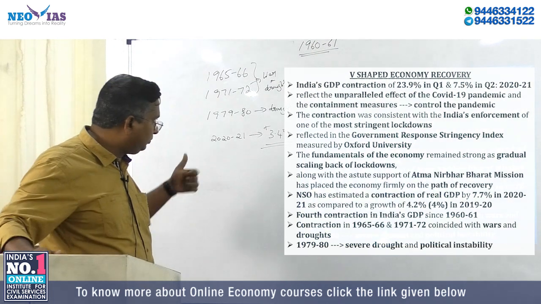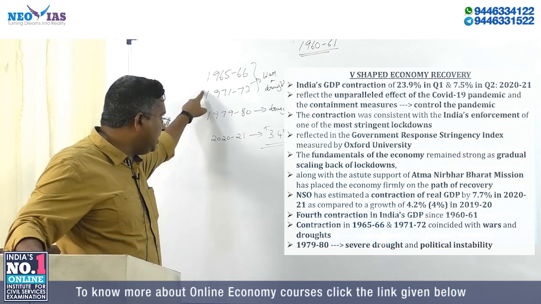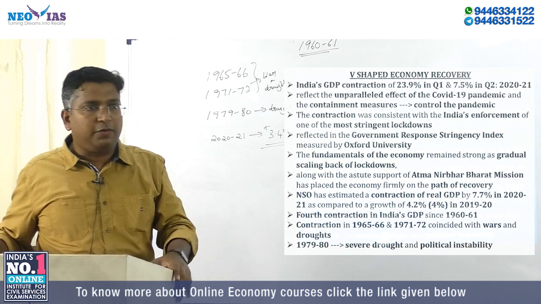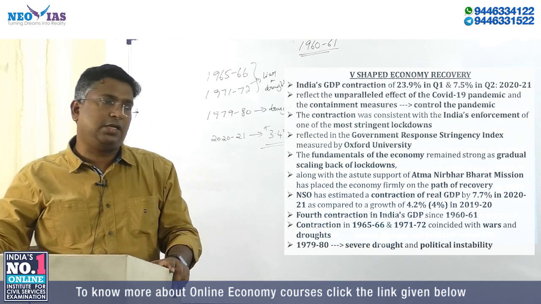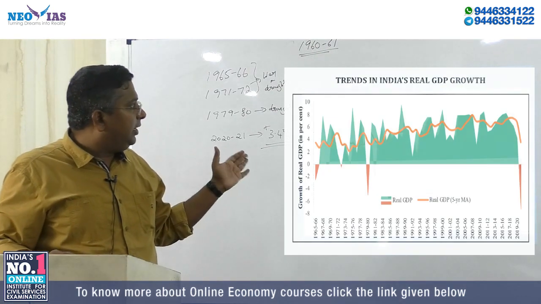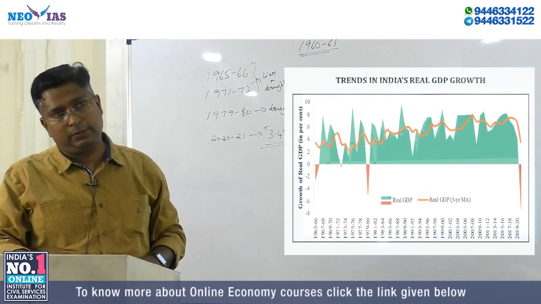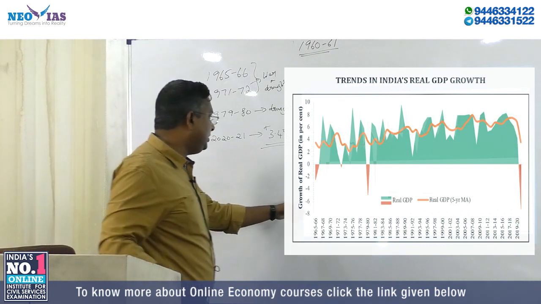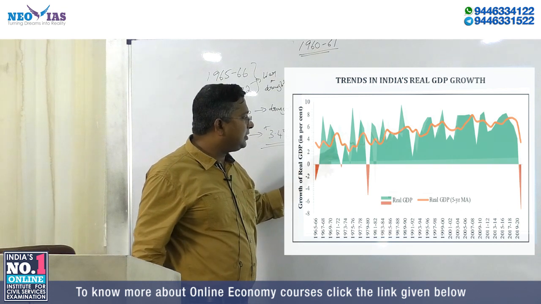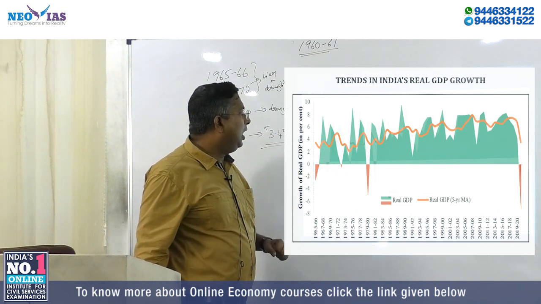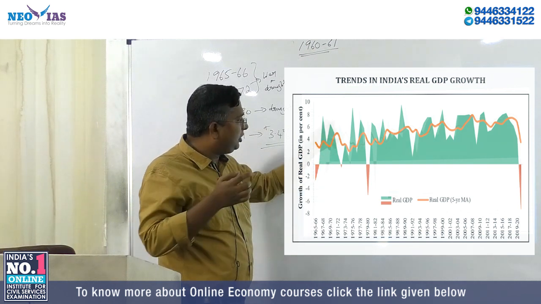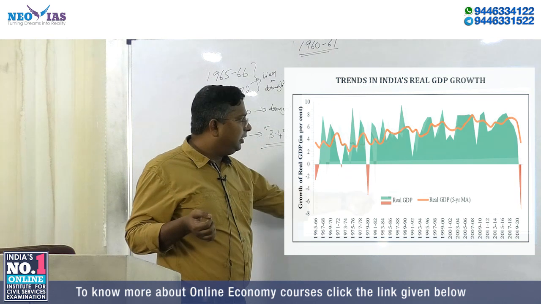So note down, in these 3 years we had drought. Here the GDP contracted not because of drought, but because of the stringent measures taken by the government. Now the economic survey is showing a picture. Read this, growth of real GDP. This green color as well as this red color are both real GDP. The difference is that the green color is showing positive growth rate, red is negative growth rate.